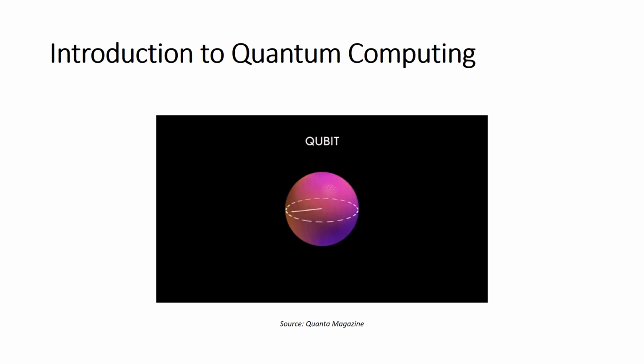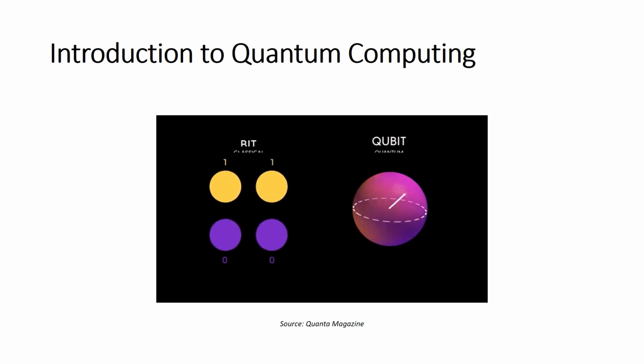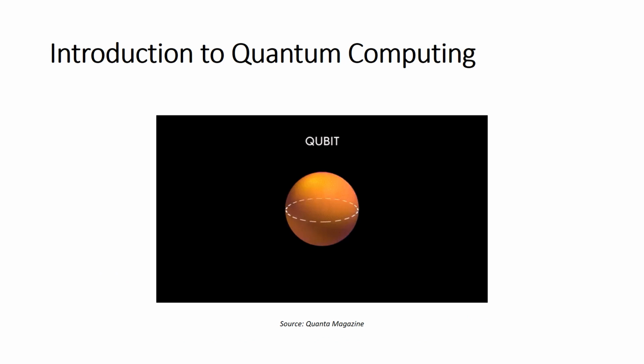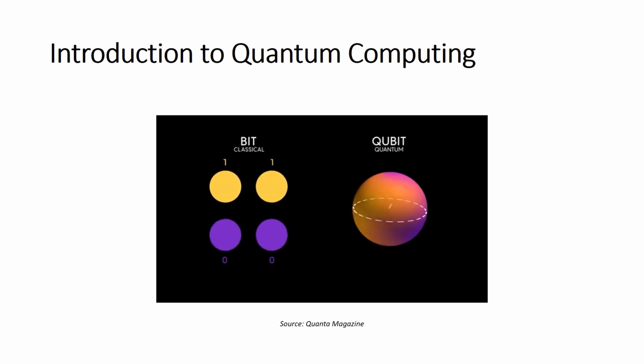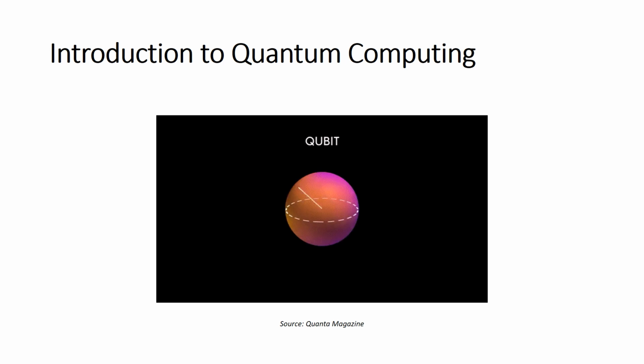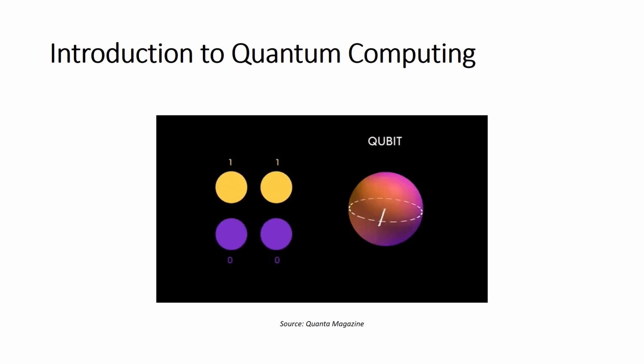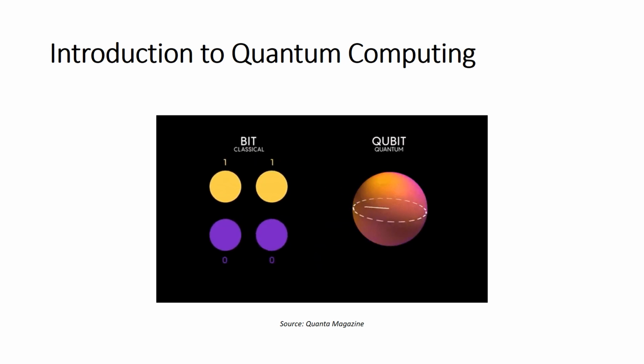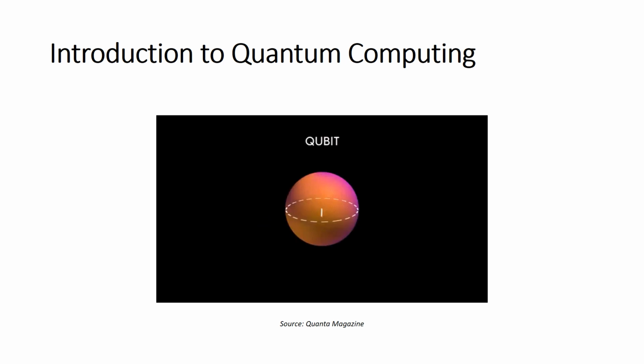We now have qubits, unlike classical bits. Qubits can exist in the state of 0, 1, or both 0 and 1 simultaneously. This is crazy, right? And this phenomenon is known as the superposition principle of quantum mechanics. Superposition allows quantum computers to process vast amounts of information in parallel. It's a fundamental property that forms the backbone of quantum computing's power and potential.